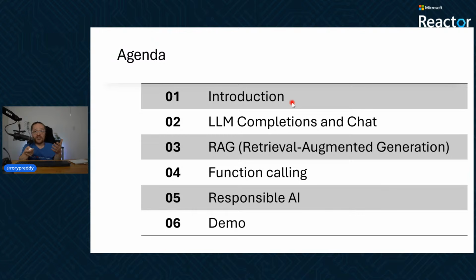We're going to give an introduction. We're going to go through what completions are and how to do basic chat. Then we're going to go through the history of RAG and why it was important. And then after that, we weren't satisfied with RAG. Let's go into function calling and why that is important. We're going to briefly touch on responsible AI. Why briefly? Because on week 4, I have an entire